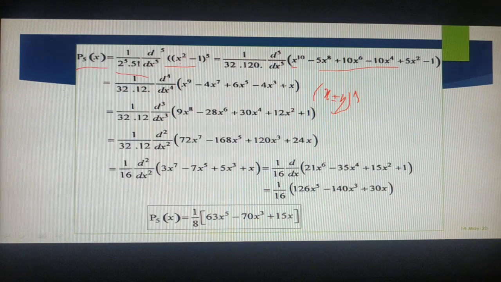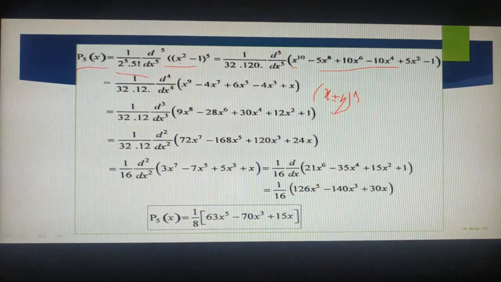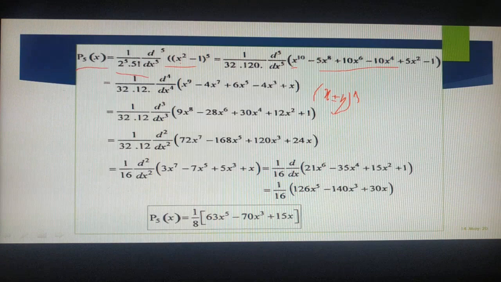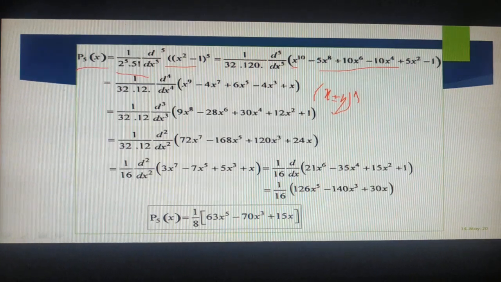Again the derivative of x square will be 2x. So again that has to be multiplied inside. Again the remaining term will be there: (x square minus 1) to the power of 4 into 2x. At that time you should either multiply the whole thing, but you can't multiply because of the power, (x square minus 1) to the power of 4 is there. In that case you should apply the u into v formula. So really tough job. That's why I'm asking you, better to expand with the help of binomial expansion. So it is the easy way, right?